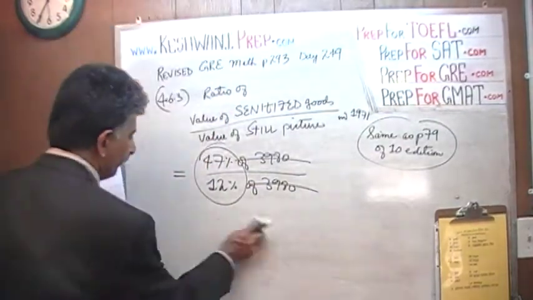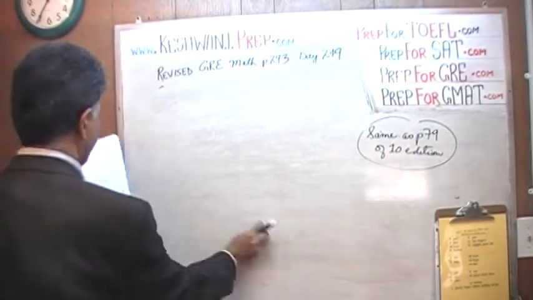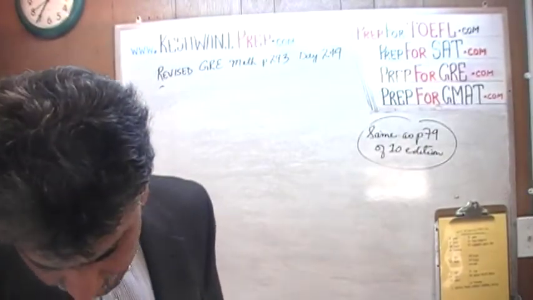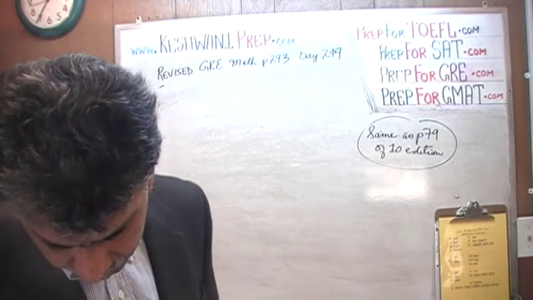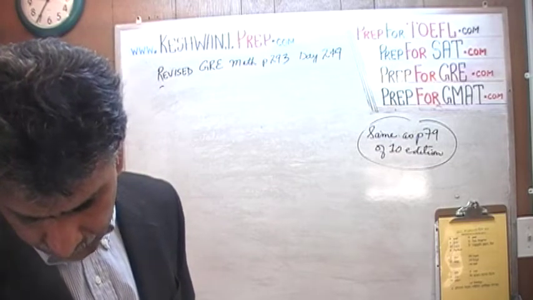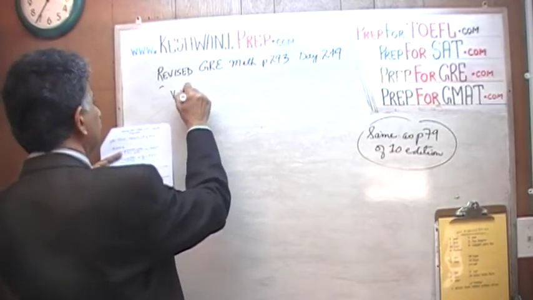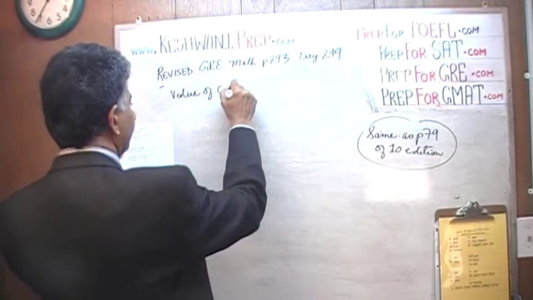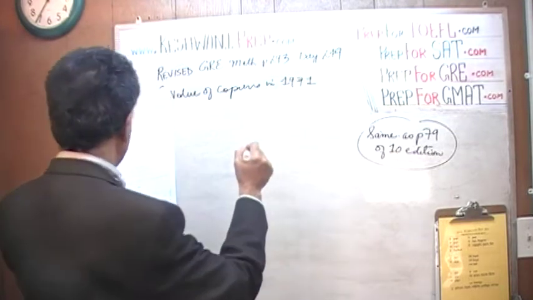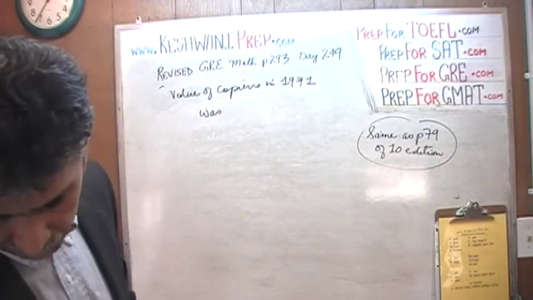Part B. In part B they say, if the value of the copiers produced in 1971 was 30% greater than the corresponding value in 1970, what was the value of the copiers produced in 1970? Alright, let's find out. So we know that the value of copiers in 1971 was, if you look at the chart of office copiers,